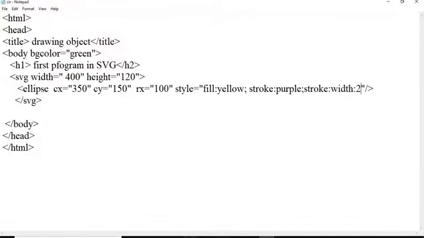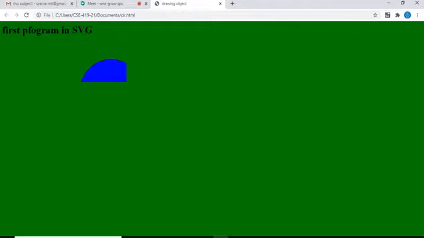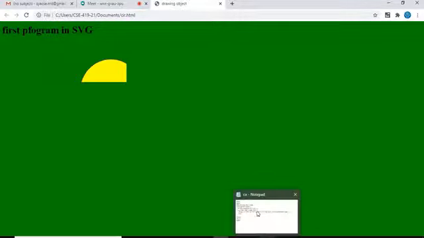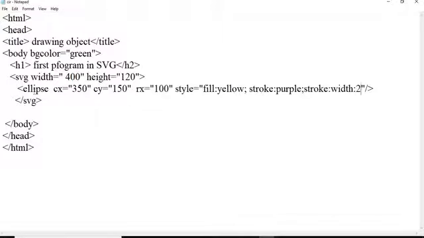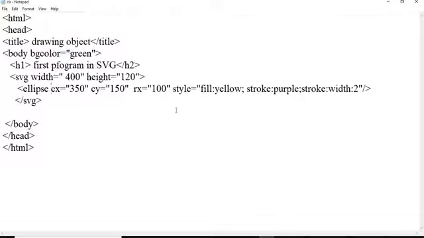Let's see the variation of the program. It is not going to show the ellipse, so again I will modify, that is the ellipse X as 200. Here I will modify because it must match according to the requirement.